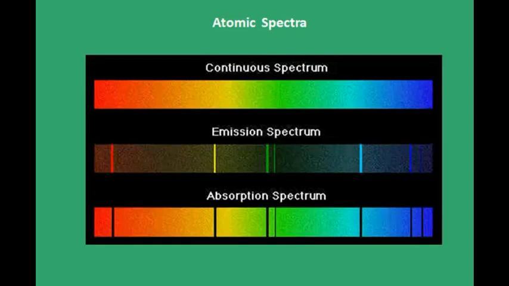Hi friends, we'll start with atomic spectra. First of all, each element has a characteristic spectrum of radiation which it emits. Now when will the atom emit this? When electric current is passed through atomic gas at low pressure, then atoms give out radiation. And the interesting thing about this is they emit radiation of specific wavelengths only.